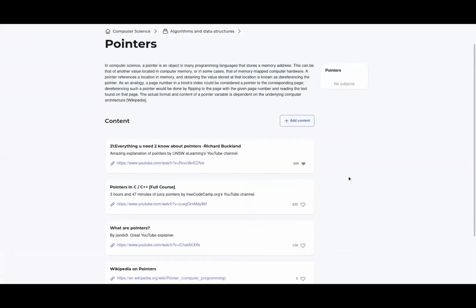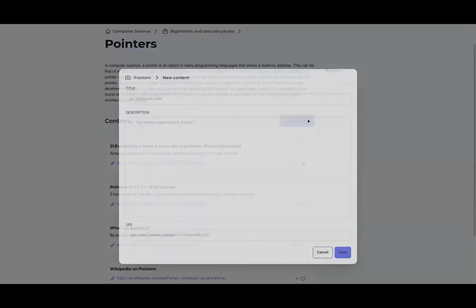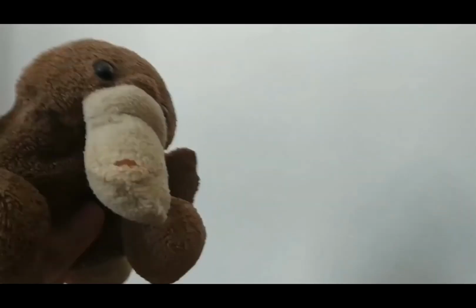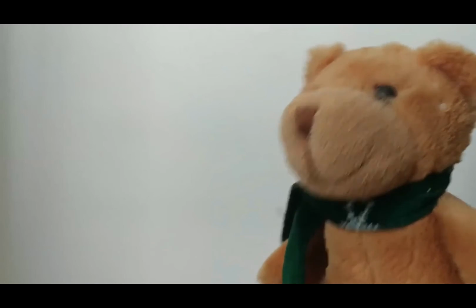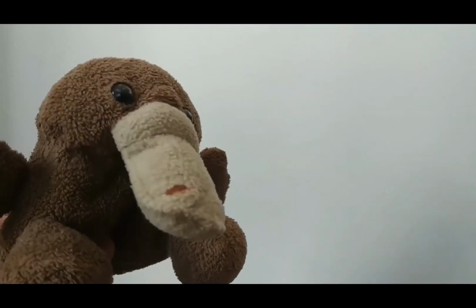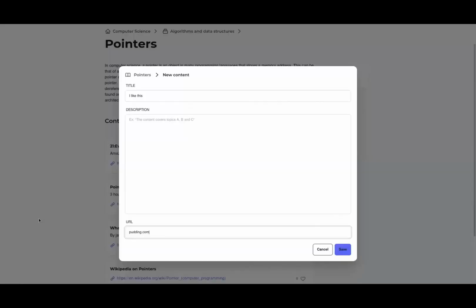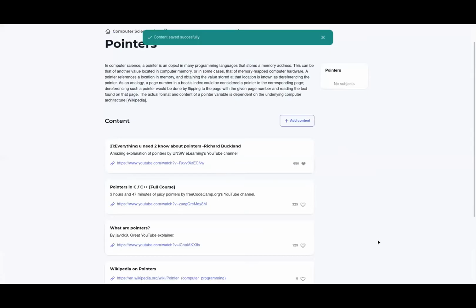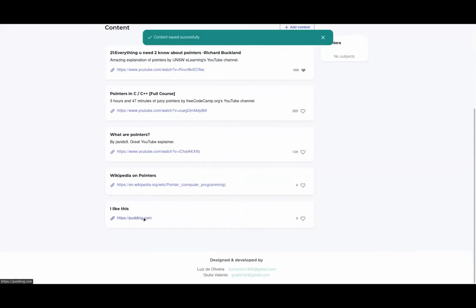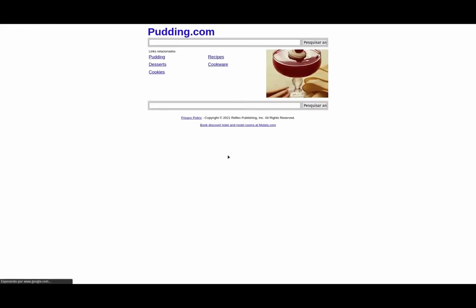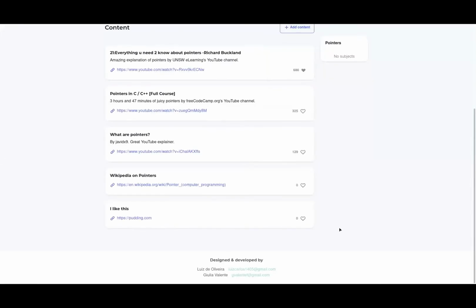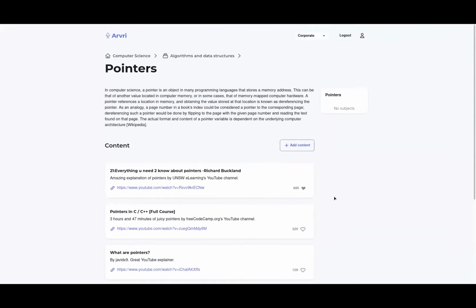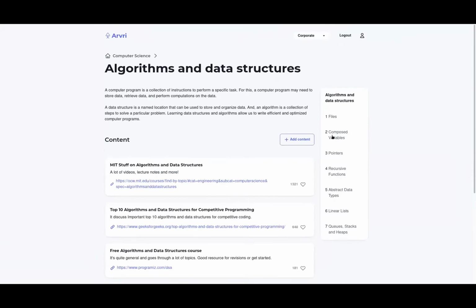And now that you have an account, you can contribute with more content. Just click add content, and I can add anything I want. Well, anything, yeah. Let's see. Pudding.com. Well, now that you added it, it's last on the list. It's probably not going past moderation though. It doesn't show that I am the one who added it. Nope, lazy developers. Yeah, I figured it this time. Cool, right? Don't forget that at any time you can come here and learn more about any of those subjects.